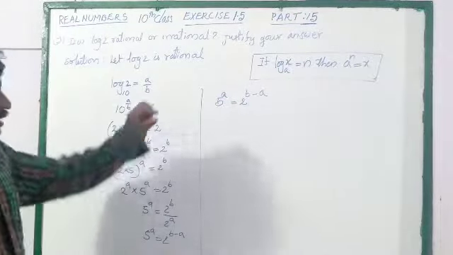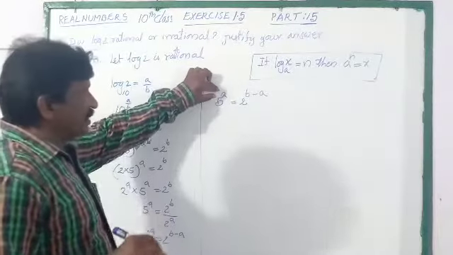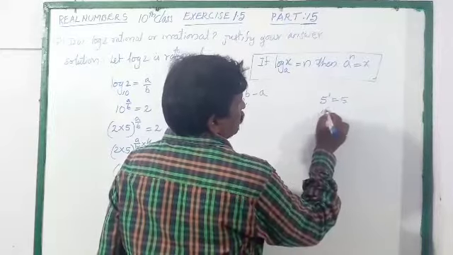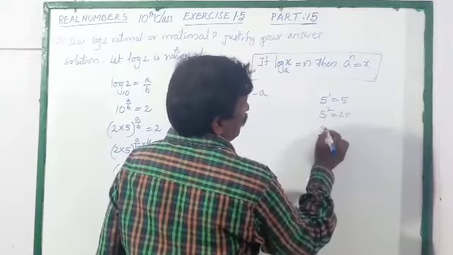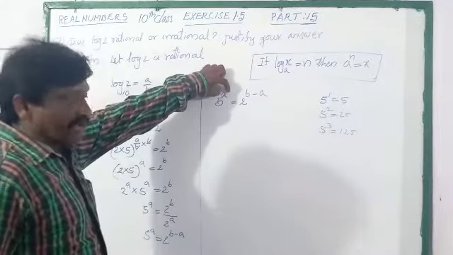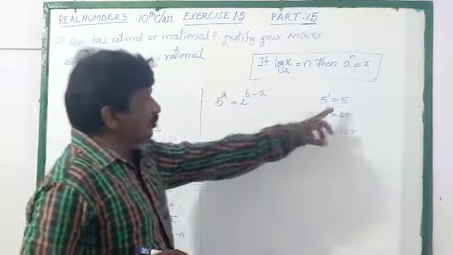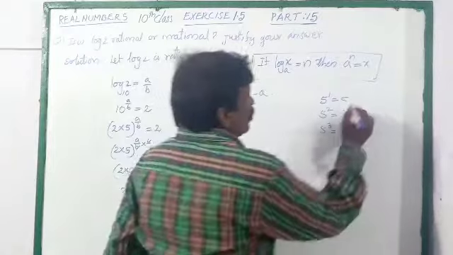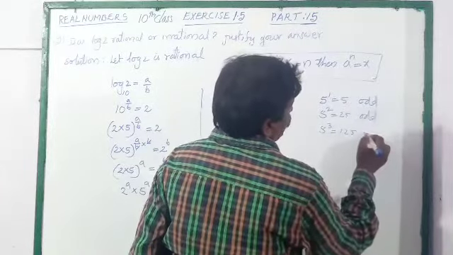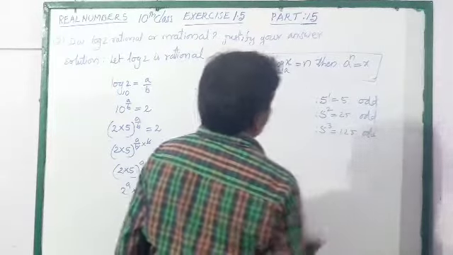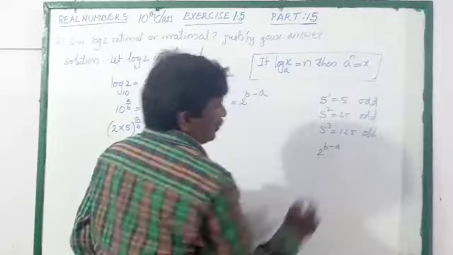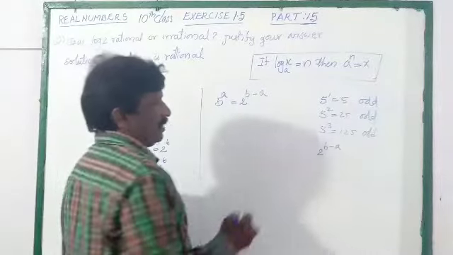Here, whatever the power, 5 to the power 1 is equal to 5, 5 square is equal to 25, 5 cube is equal to 125. Whatever power 5 has, the result is an odd number. 5 is an odd number, so 25 is an odd number, 125 is an odd number. Here, 2 to the power b minus a, whatever power it has,